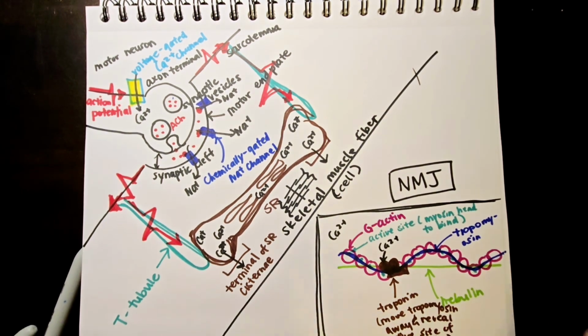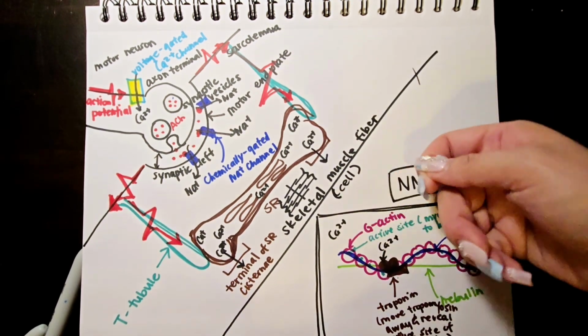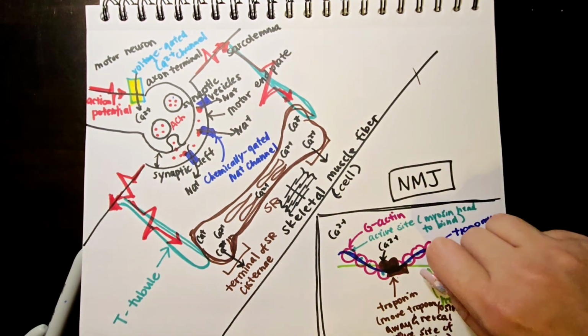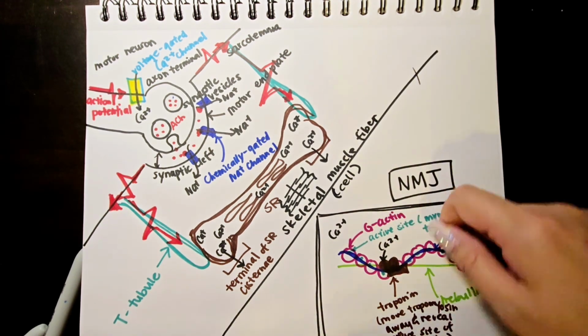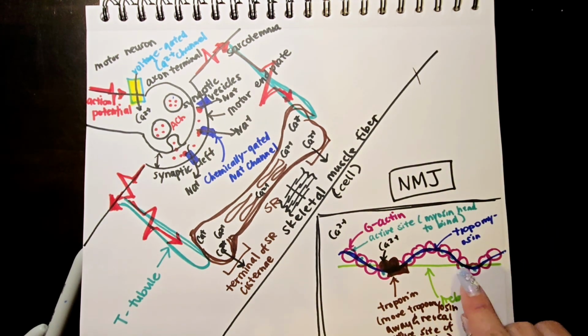There's no animation here, so I can't show you this. But once calcium binds to troponin, troponin rolls or moves the tropomyosin so that it reveals all the little green dots underneath on the g-actin,